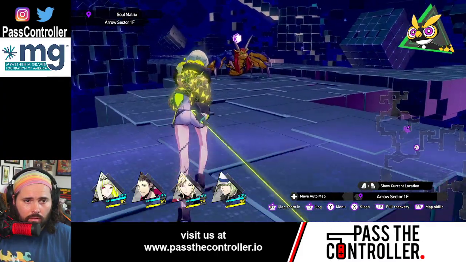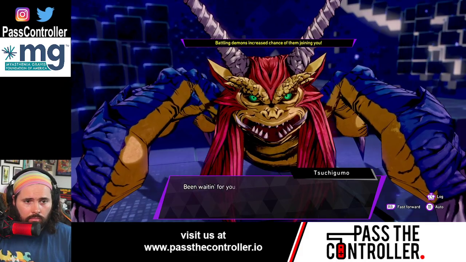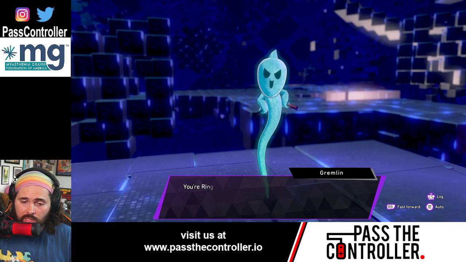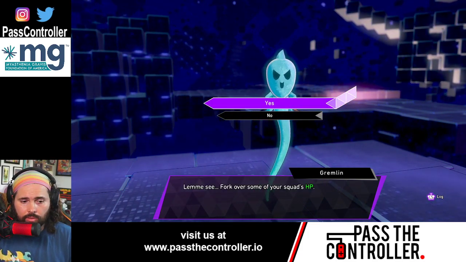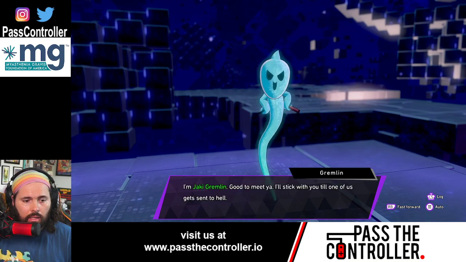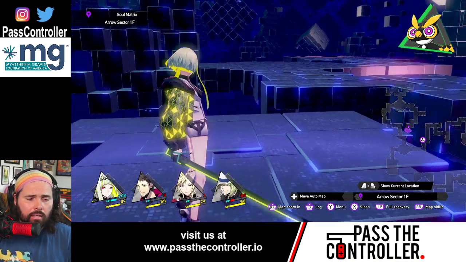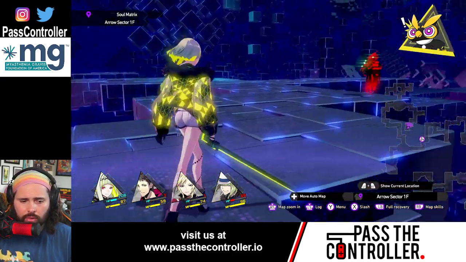Let's negotiate. Let's talk to this demon over here. It's another demon we don't have. This demon wants some of our HP, so sure thing. Oof, almost killed. I got him. I haven't declined a demon request, so I don't know if